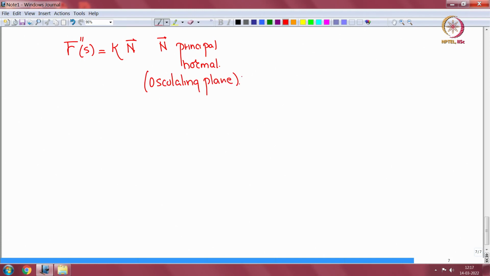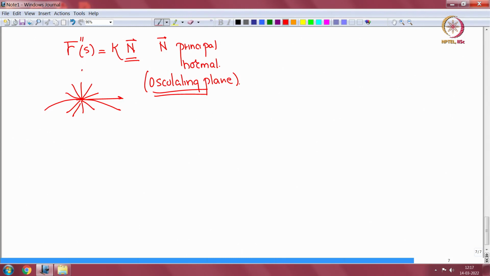Why do we call it a principal normal? If I have a curve, this can be the tangent, but it has infinite normals. At that point it has an infinity of normals. So we call that particular one in the osculating plane the principal normal. So if this principal normal,